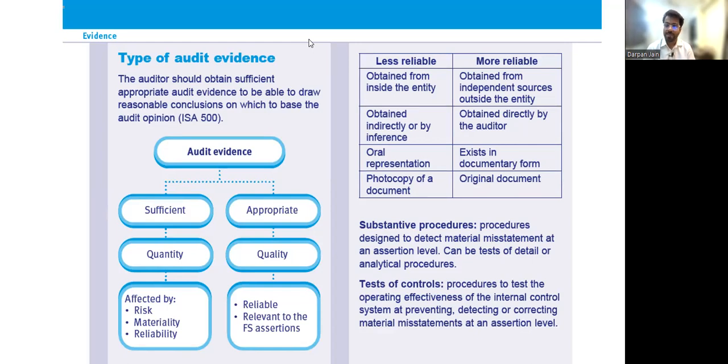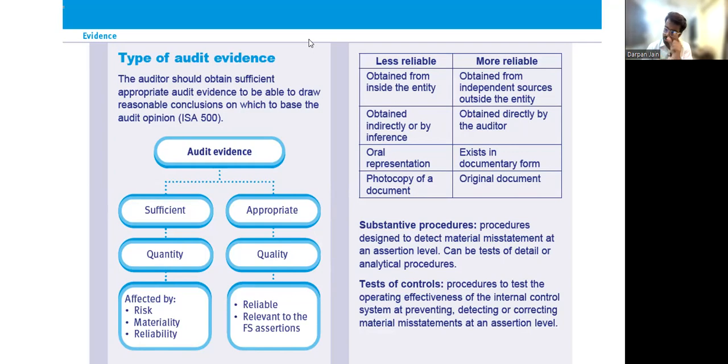Don't forget, in analytical procedures, you were doing comparisons with the help of ratios. So those were analytical procedures. Earlier, when we studied, I told you that analytical procedures are used at every stage of audit. It is used at the preliminary stage, the risk assessment stage that we saw in the previous chapter. Now we are seeing analytical procedures again, the same procedure.